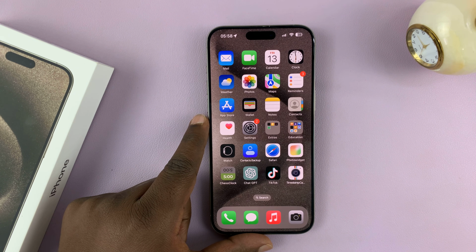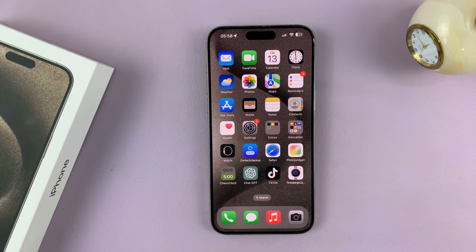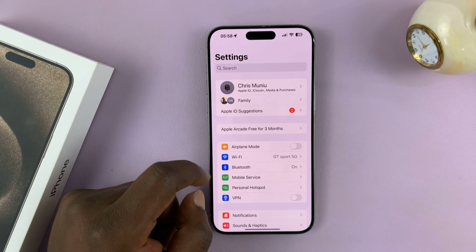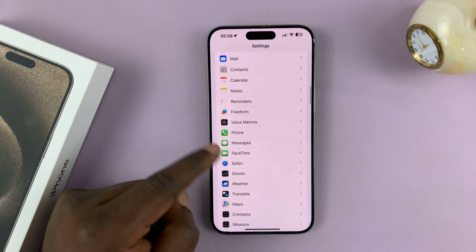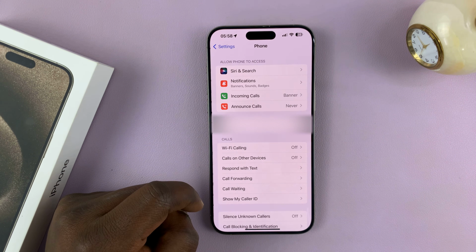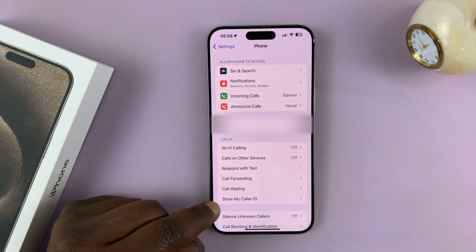So I'll be showing you how to hide your caller ID on your iPhone 15 or iPhone 15 Pro. It's very simple. Just go to Settings. On the main settings page, go to Phone, tap on that, and then under Calls, you should see Show My